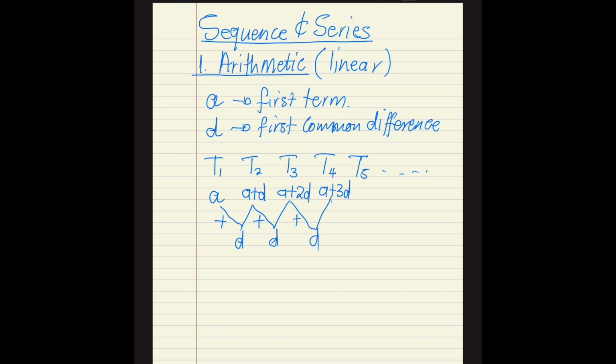Then at term number 5, what will I have? I add D again, so I will have A plus 4D. Now looking at the trend, or the way this sequence behaves, it tells us something. Term 1 has no D, term 2 has 1 D, term 3 has 2 Ds, term 4 has 3 Ds, and term 5 has 4 Ds. That means our general term here,